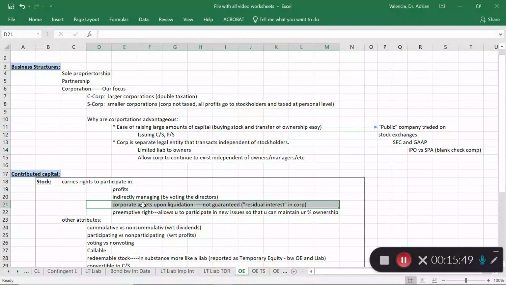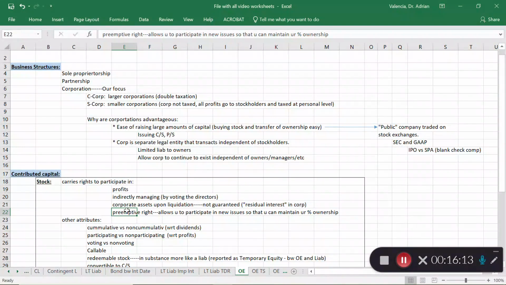And then once those liabilities are paid off, any residual amounts are paid to preferred stockholders and eventually to common stockholders. Now, keep in mind that if a corporation is not doing well, they're probably going to have fewer assets than normally, right? So when you liquidate as a stockholder, you very likely will not get much.